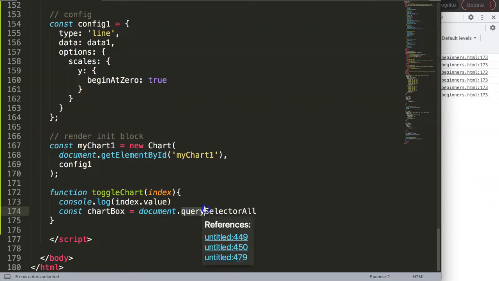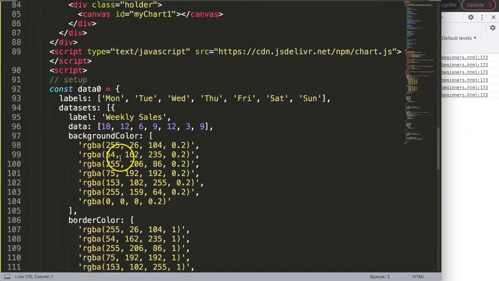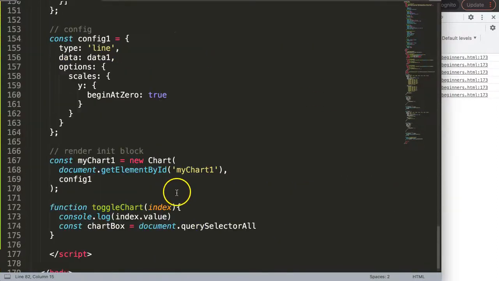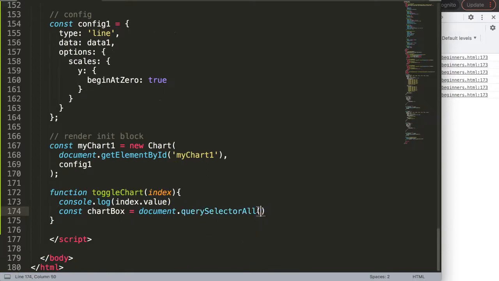We're going to search, query means search, for a selector, and a selector is basically an element. But we can be very specific, for example, an ID selector, or in our case, the chart box class selector. So I'm going to look for an element, selector all. I'm going to look not only for one, but I'm going to look for all with the name dot as indicating class chart box. Doing this, what will happen is now if we do a console log chart box, we